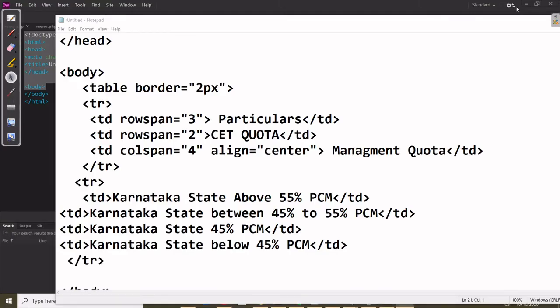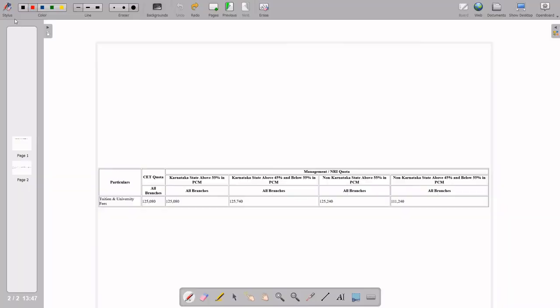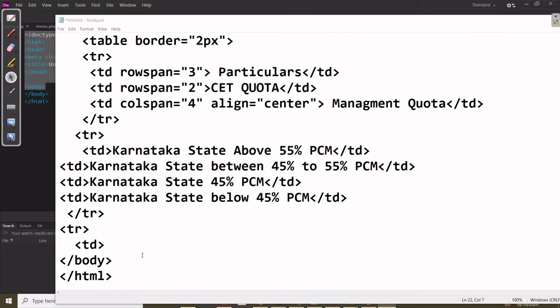So in that case another TR, because first we have to write the TR, then TD, right? What is the first statement? All branches is there, right? So we can write here all branches, close the TD.